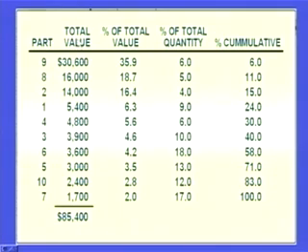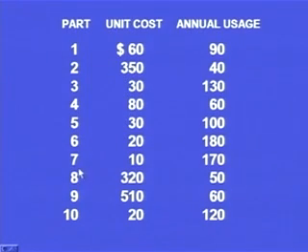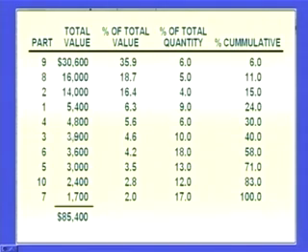So we have arranged it in descending order. Part number 9 has the maximum total value, that is $30,600, and part number 7 has the minimum total value. For part number 7, 10 is the unit cost and 170 is the annual usage. Multiplying 170 by 10 we get 1700. So in the ABC classification, part number 7's total value is 1700, and the overall total value if we sum up all of these comes out to be